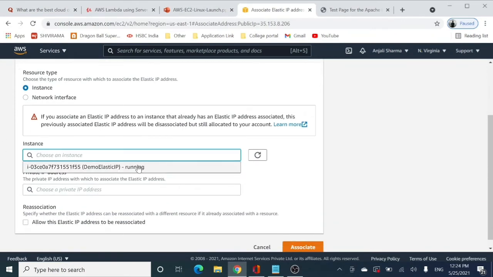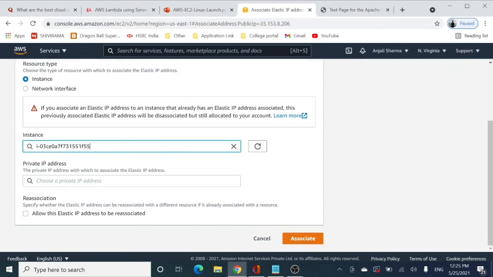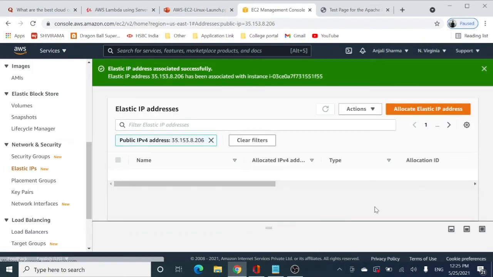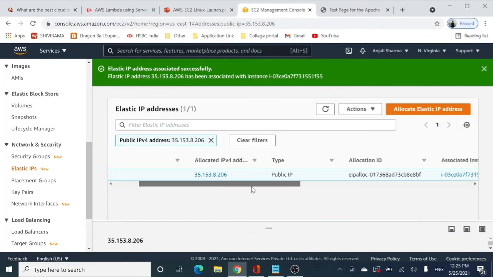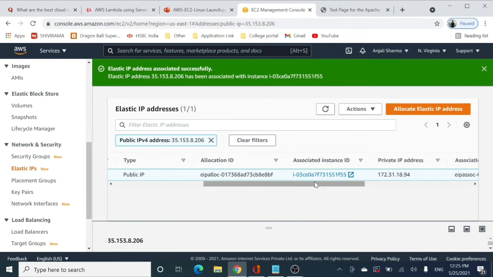For instance name, I have demo elastic IP running. For the private IP, I choose the private IP of my EC2 instance and click on associate. So I am associating my elastic IP with my EC2 instance, and you can see that the associated instance ID is coming over here.